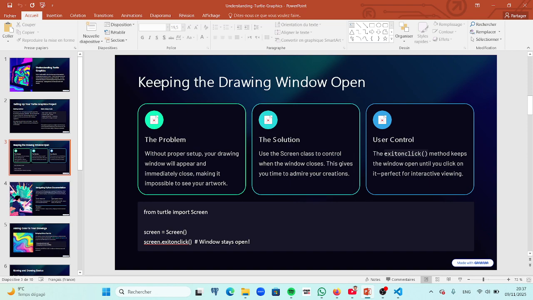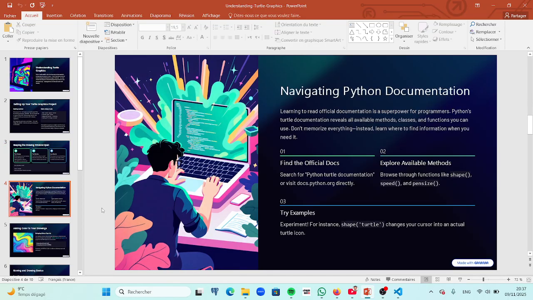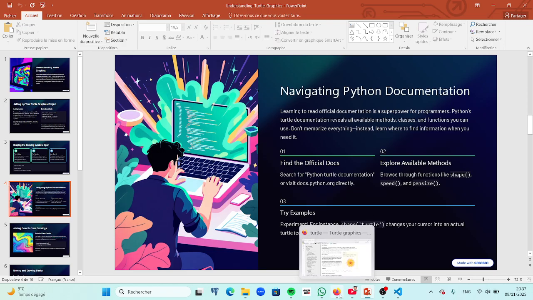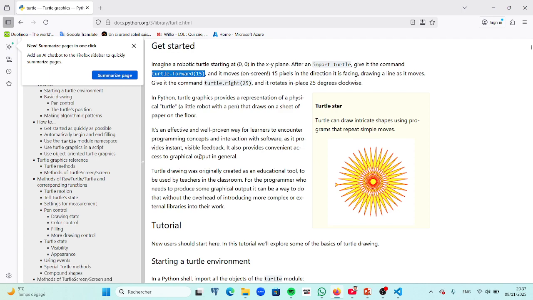I also explained this class screen, and I use this function to keep my window open. Perfect. And I also talked about Python documentation. If you want to build a project, if you want to use a specific package, go to a Python